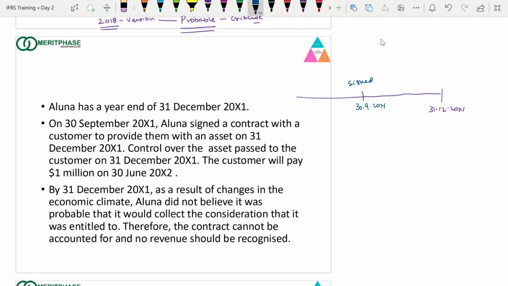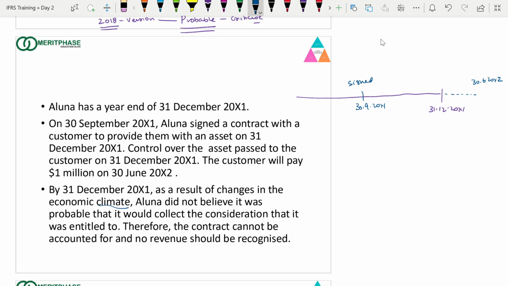Control over the asset passed to the customer on 31st December. When will the customer pay? He will pay on 30th June 2002. Everything is fine. On 31st December, as a result of changes in the economic climate,